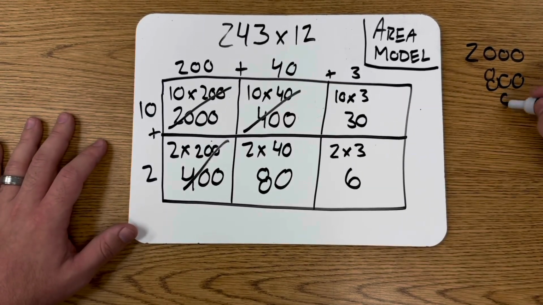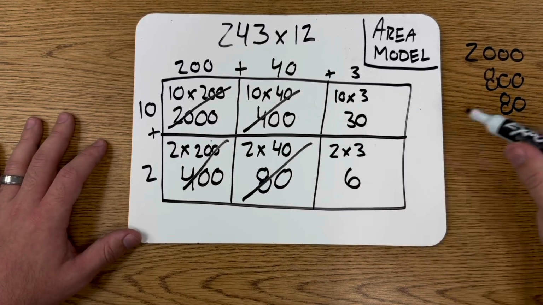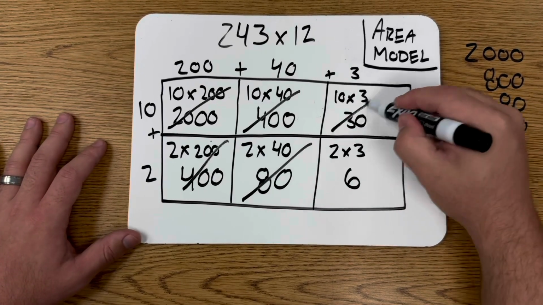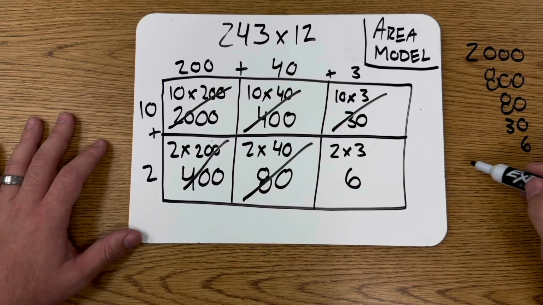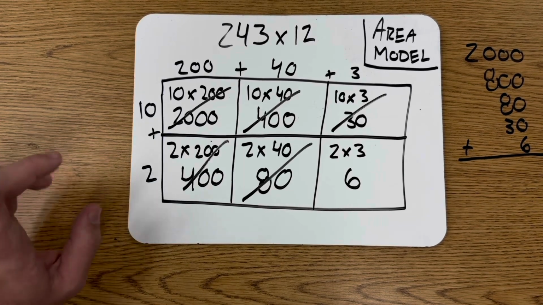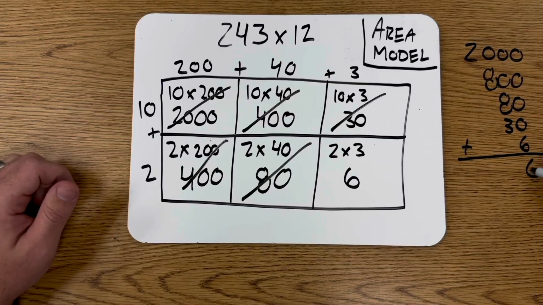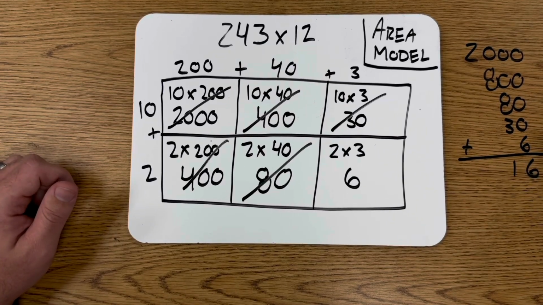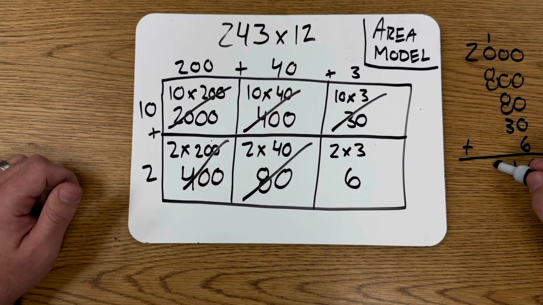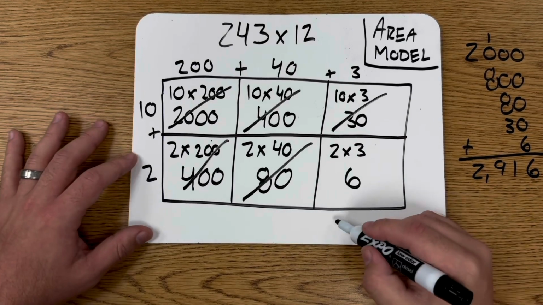I'm going to bring my 80. It's always a good idea to do it in order by value, 30. And then my 6, and we'll bring that down. The important thing is making sure that you are lining the numbers up by place value. Don't get sloppy. Don't get lazy. Line them up correctly. We add this up. We end up with 6. This is 11. We carry our 1. We have a 9. And we have our 2. And we end up with the answer of